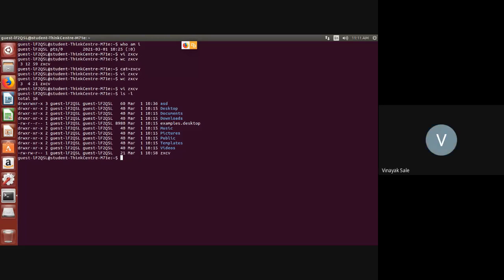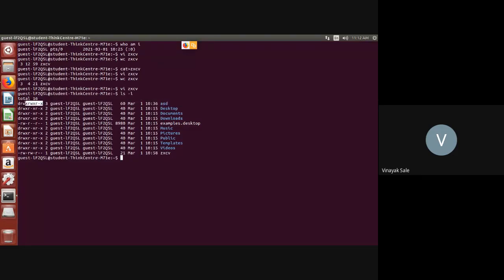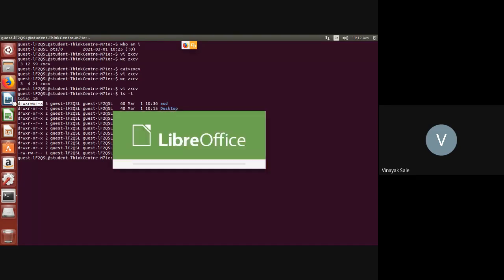It shows different files and directories. Then suppose there are different permissions, read, write, execute regarding this file ASD which we have created. So I want to change mode. These read, write, execute are known as the modes, that is, different permissions. Modes means permissions.